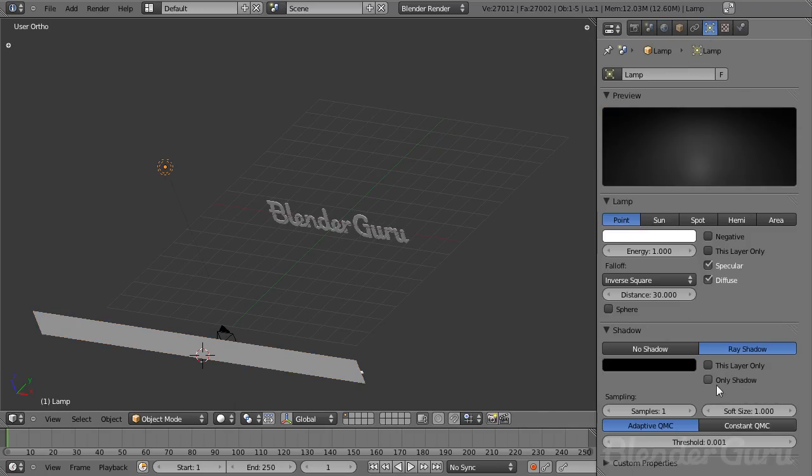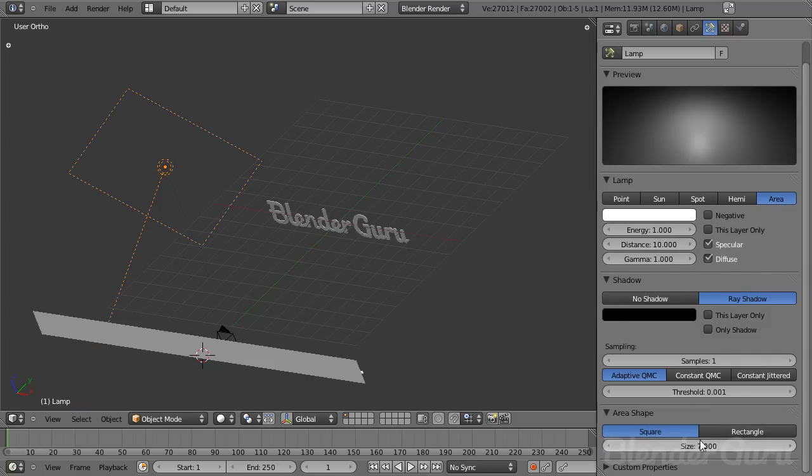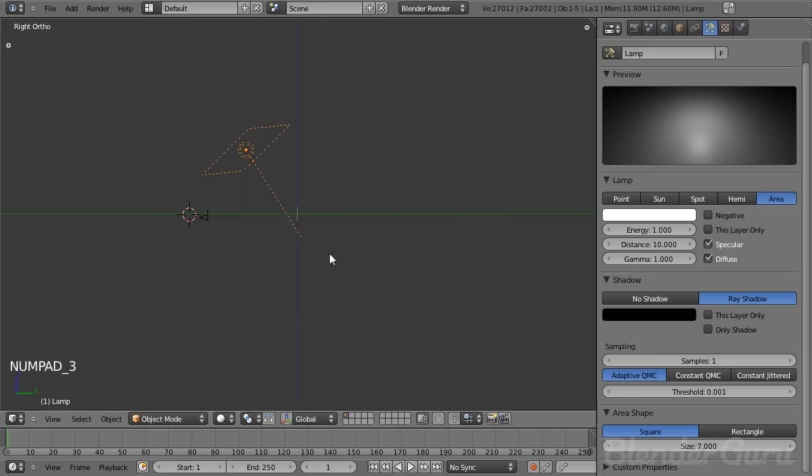So with the lamp here selected, I'm going to turn it into an area lamp. I'm going to make the distance 10 and the size set to 7. Okay, I'm going to rotate it around like that, and just so that it doesn't light anything accidentally if we